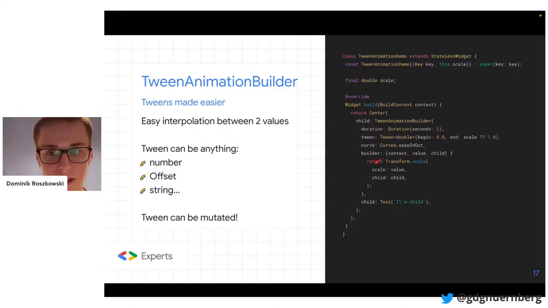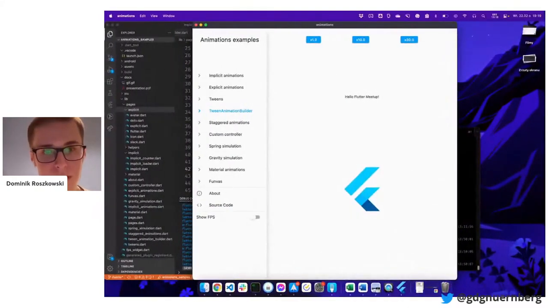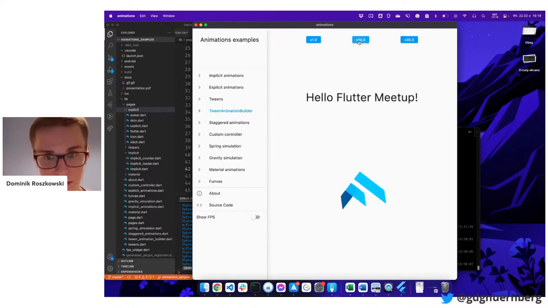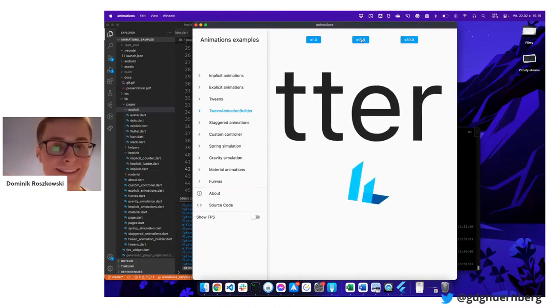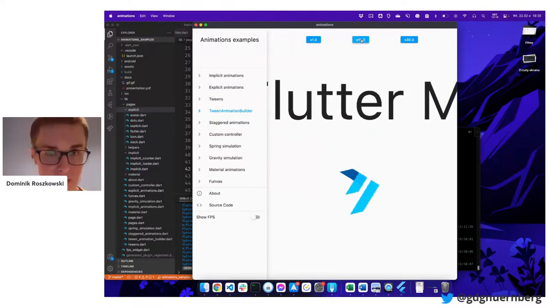What I'm doing here actually is that I'm using the transform.scale. And the nice thing about the Tween Animation Builder is that it will remember its most recent value. What I mean by that? If you go back to the screen, and I will go back from here to here, you will see that this text actually scaled from 0 to 1, right? So now this is in the scale 1x. And now I will scale this to 10x. And now I will scale this to 30x. So you remember this movement, this interpolation starts from the previous value.